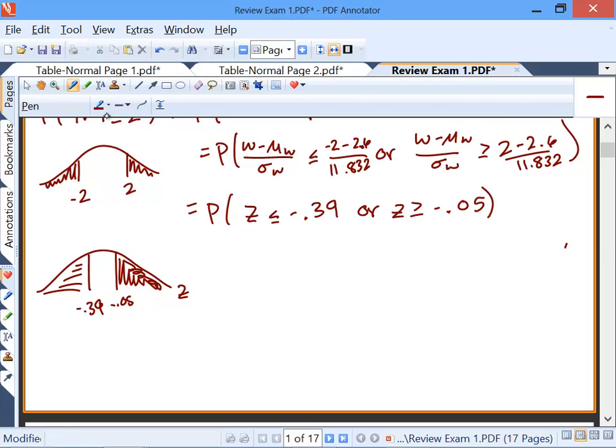So if I look up negative 0.39 on my Z table, it gives me 0.3483. If I look up negative 0.05 on my Z table, it gives me 0.4801. But that's the area to the left, and I want the area to the right. So I need to do a 1 minus the 0.4801, which gives me